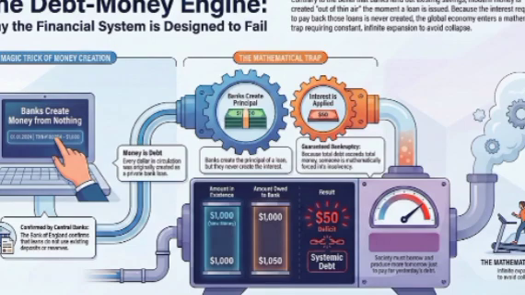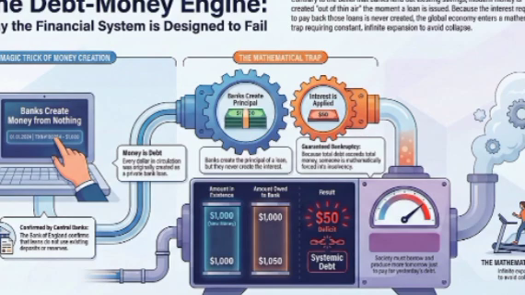So what does this all mean? It's a lot to take in. It is. Let's take a breath and pull together the grand synthesis of everything we've just unpacked from this text, because it's a massive paradigm shift. Okay, let's synthesize it. First, the money in your bank account isn't a physical store of value that was dug out of the ground. Money is debt. It is credit expansion, created through a ledger entry when a loan is signed.